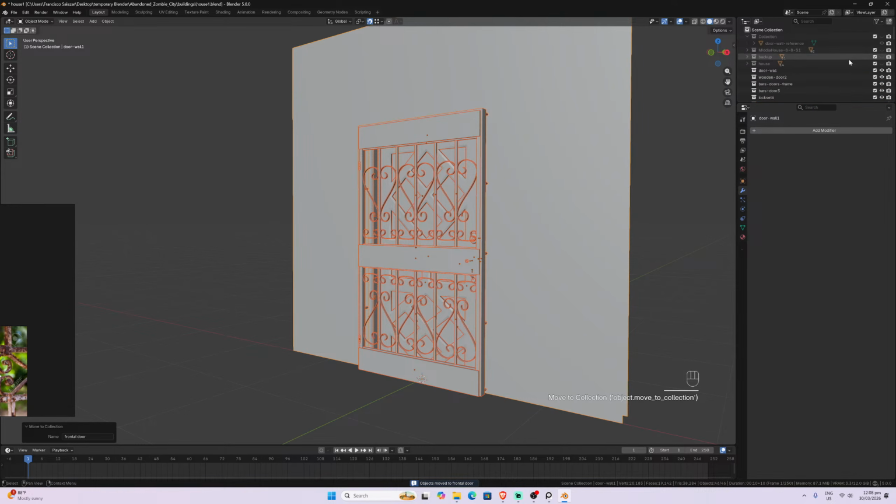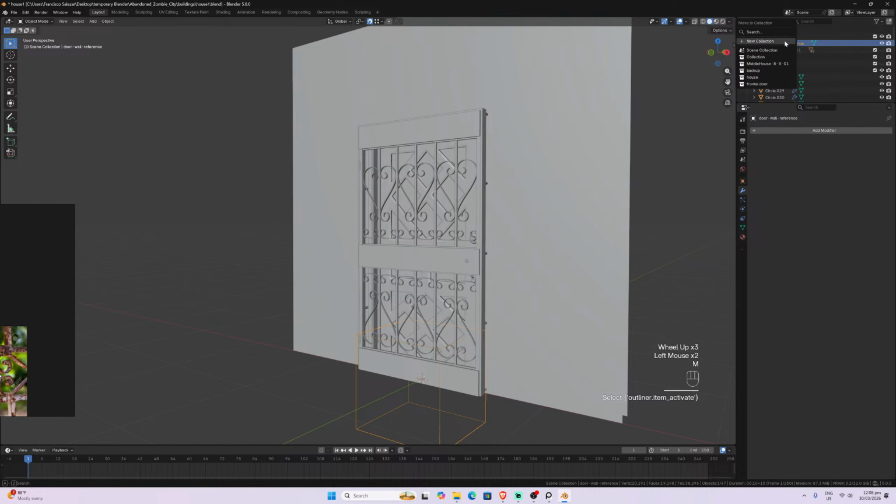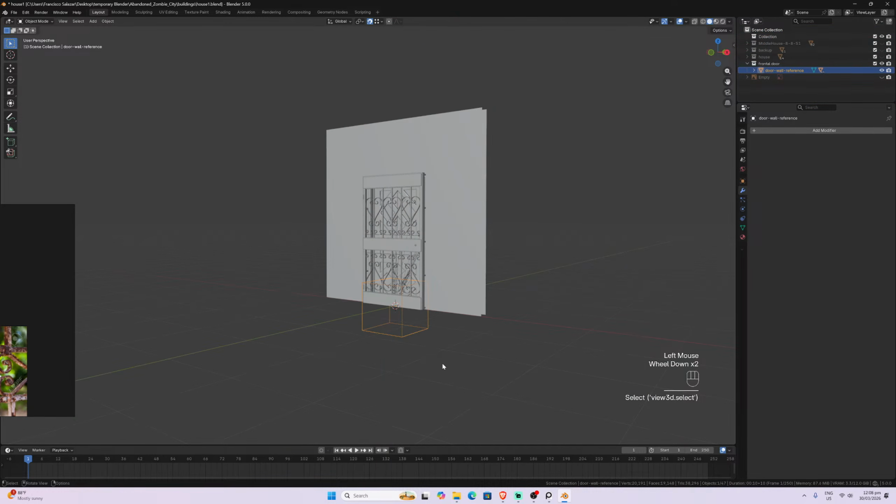For now, maybe later we need to delete that. Let me move this to frontal door. And just for now, I am going to parent everything to this object.